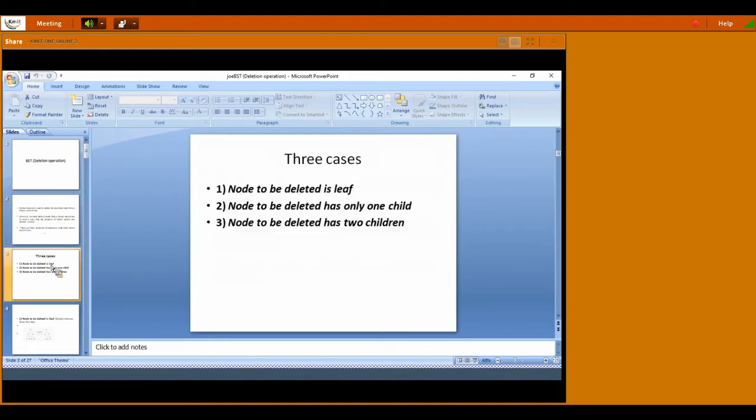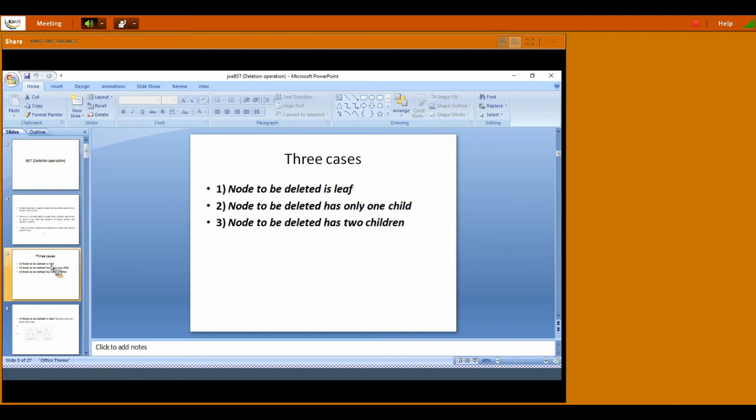Then what are the cases to be considered? Whenever we are deleting a particular node in a BST, there are three cases to be considered. The first case is the node to be deleted is a leaf, the second is the node to be deleted has only one child, and the third is the node to be deleted has two children. The meaning of this statement is: whenever you are deleting a particular node, concentrate on that node. If it is a leaf node, then the procedure will be different.